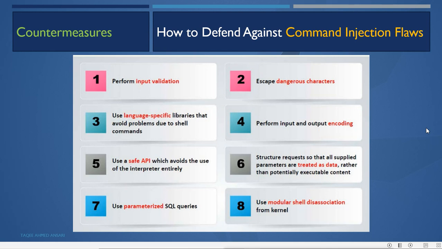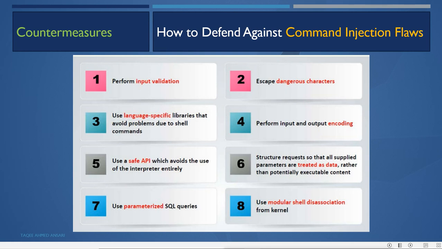Then how do we defend against command injection flaws? First, perform input validation. If input validation is not there, then only these injection attacks will be possible. So always perform input validation. That means whatever input the user is giving must be validated.